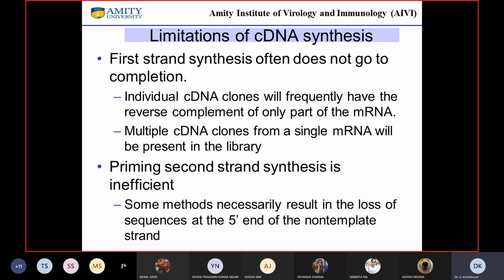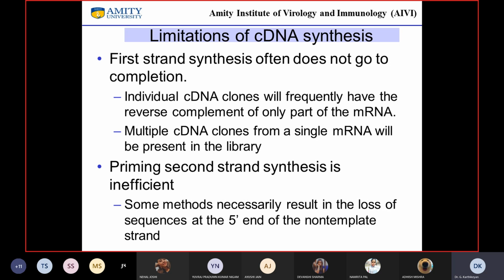That means you will have overlapping clones. Some may have stopped after 50%. Some will have traversed all the way to 60%. Some would have traversed about 70%. But generally 100% is not obtained.